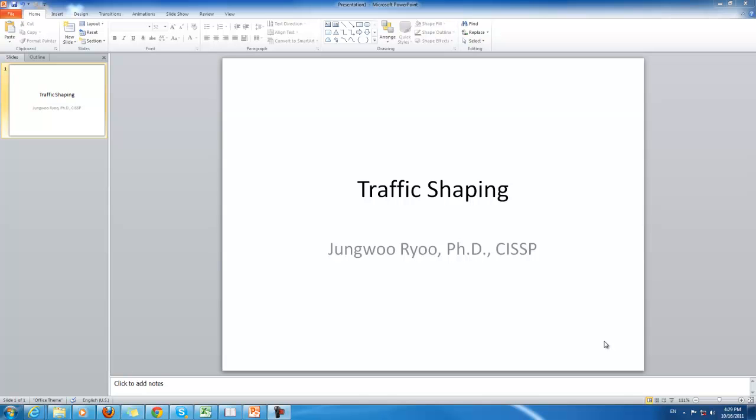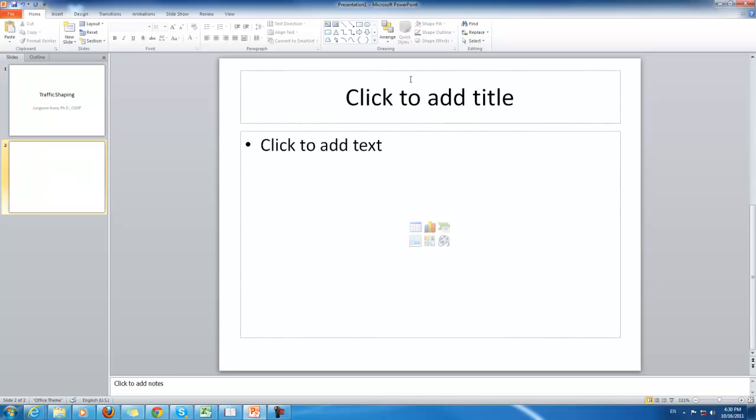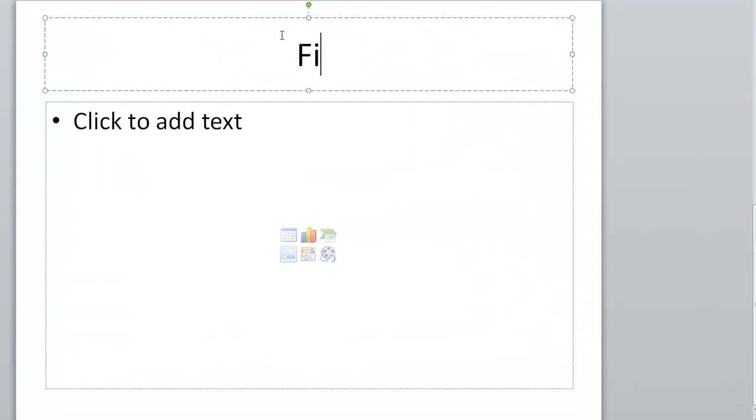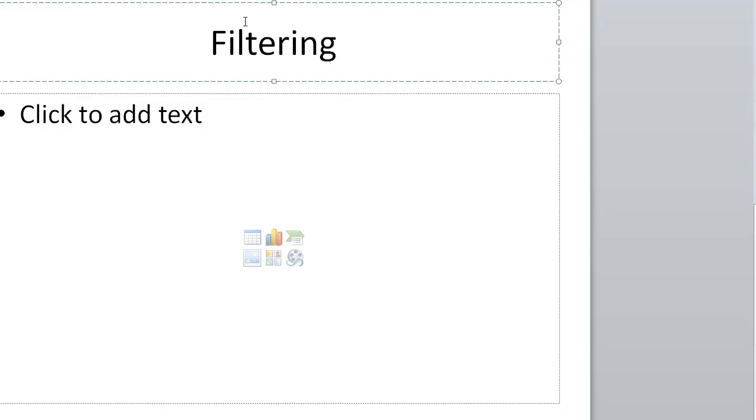So how do we then change the traffic before it even enters our own network? First approach is called filtering, and